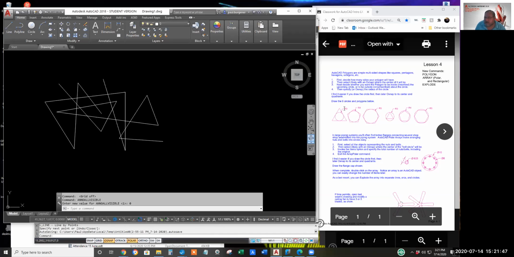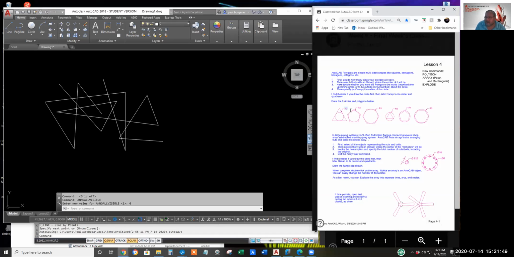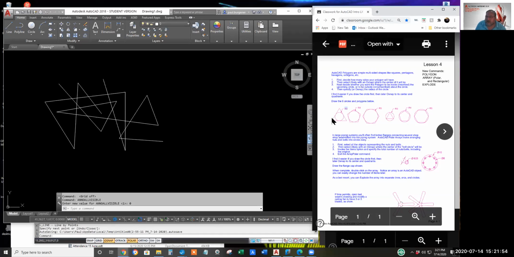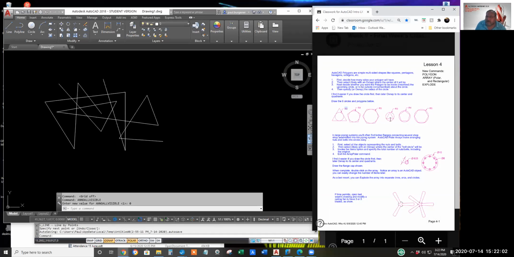Let's draw a 3-unit radius circle, and put a triangle outside of it, which AutoCAD calls circumscribed. And then let's make a triangle that is inside the circle, what AutoCAD calls inscribed.